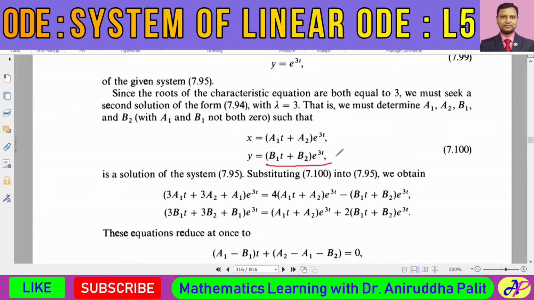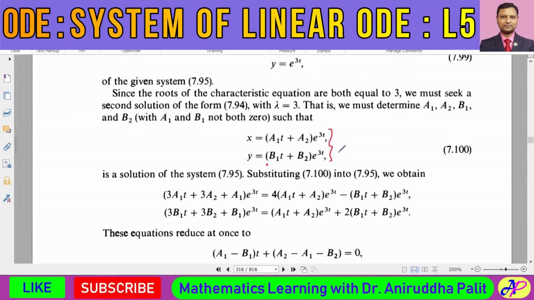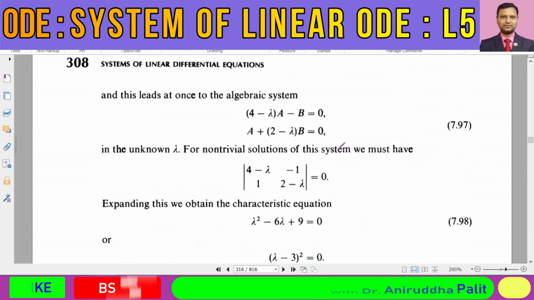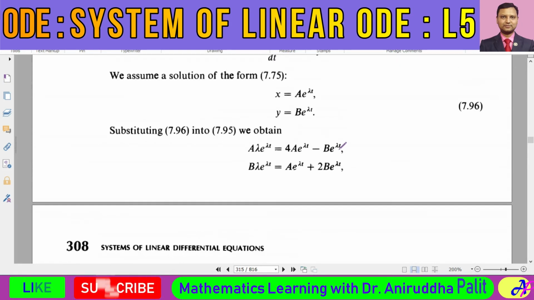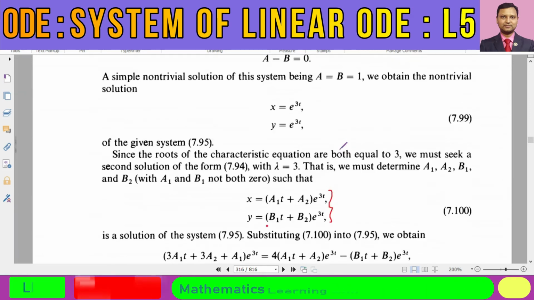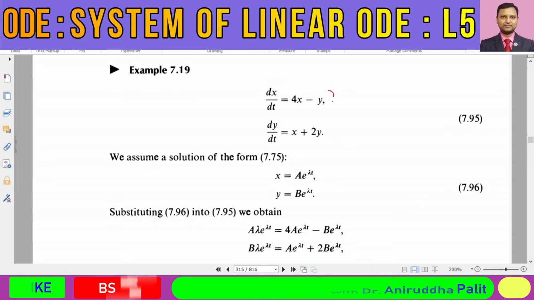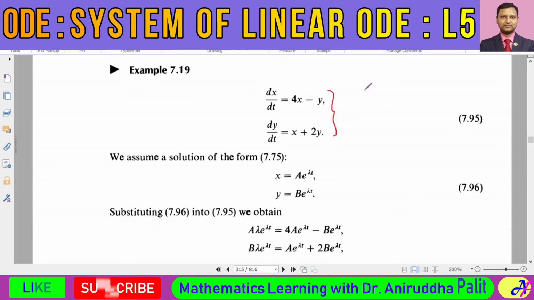If we now put these two expressions of x and y in equation number 95, which is the given equation,